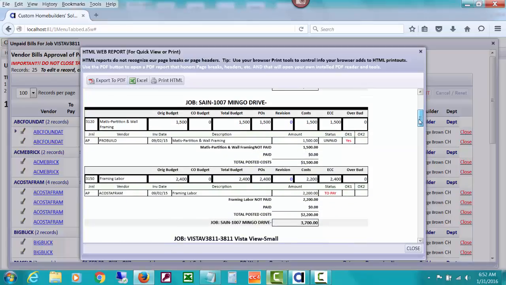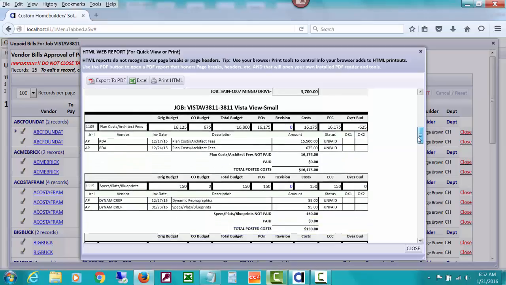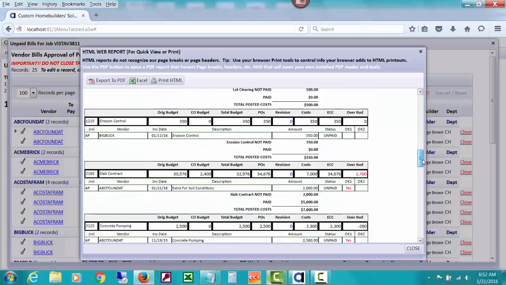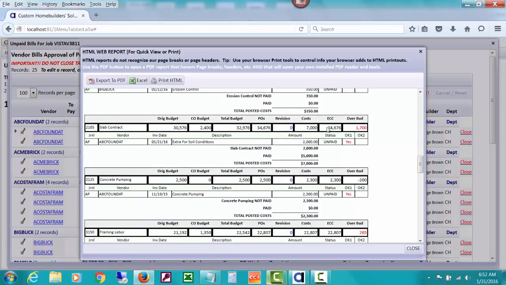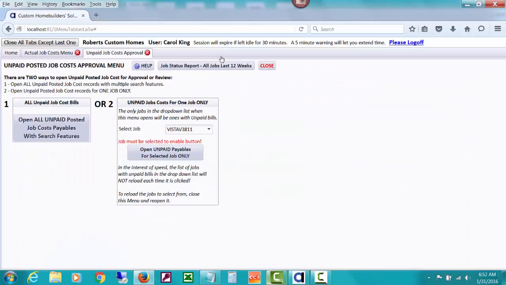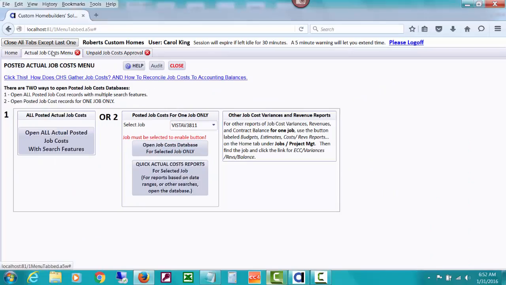That's a simple little job we didn't do much on. Here's our Vista View job going on. You can see this much has been budgeted. You can see the detail of the actual cost posted. You can see the estimated cost of completion. You can spot whether something is heading over. Maybe look at the notes on the previous report I just opened and see whether they've been check marked as OK 1 or 2. But I just wanted to point that out, that this is available